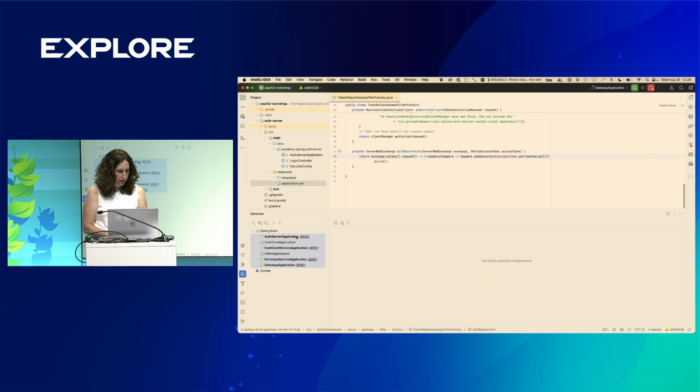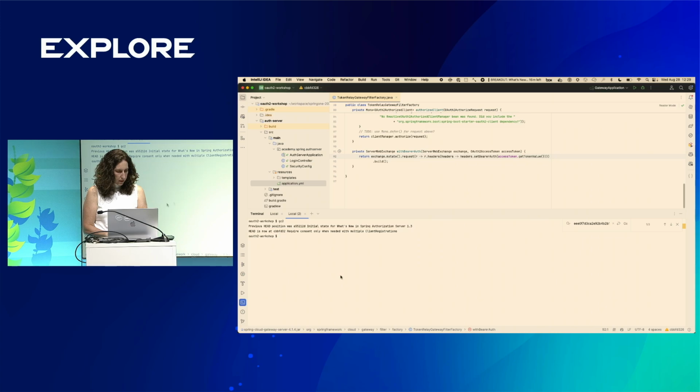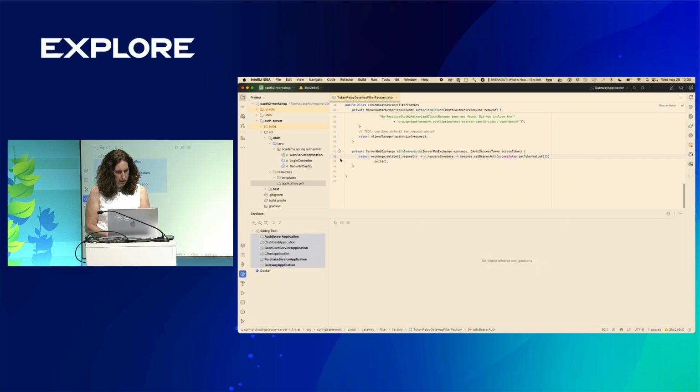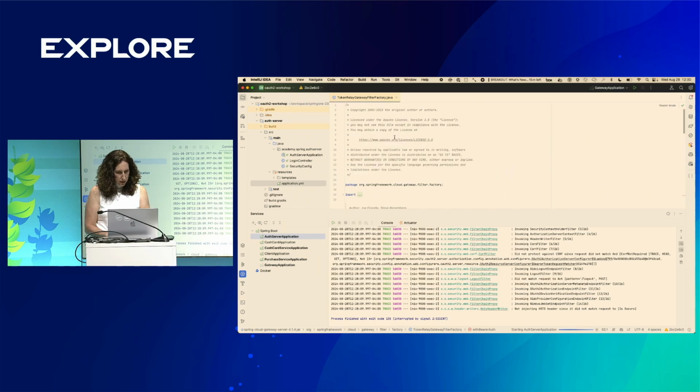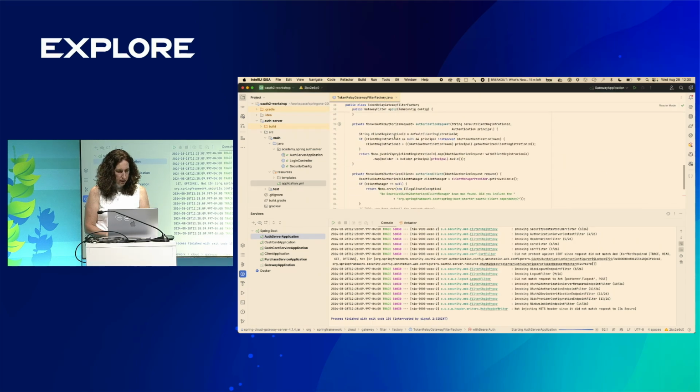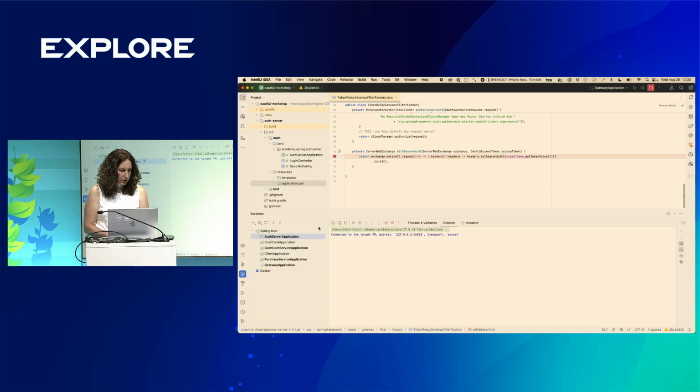So we'll stop all of these. And we'll do GC3. And back to services. And for this, I'll add this breakpoint in here. Okay, so we'll start the auth server back up in debug mode. Oh, sorry, not the auth server. This is the gateway. Sorry. Yeah, so token exchange